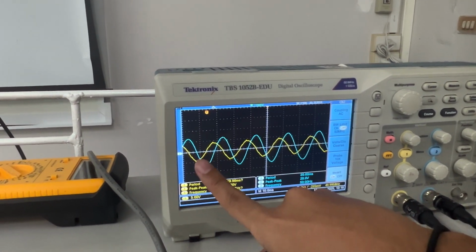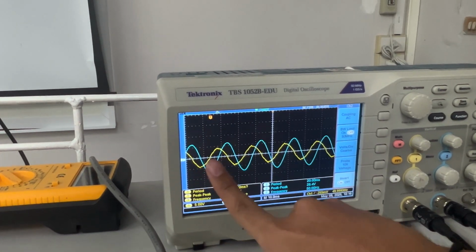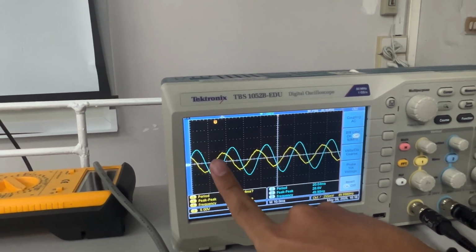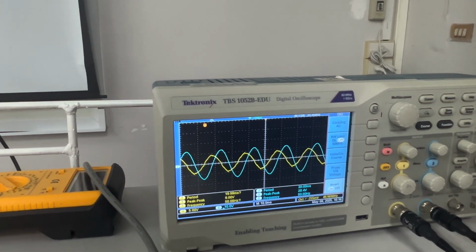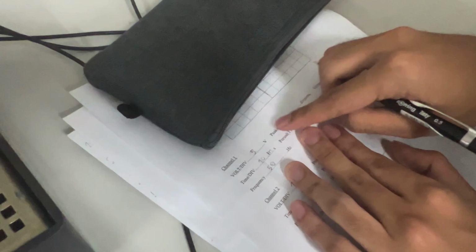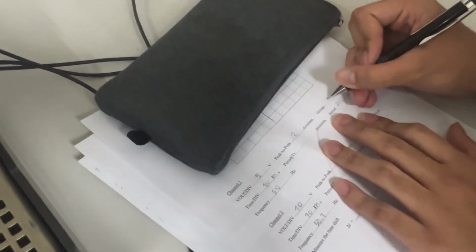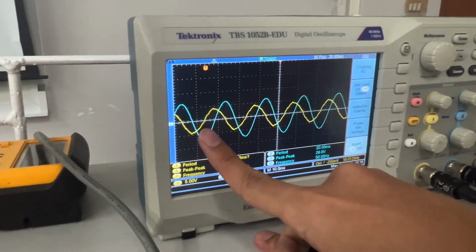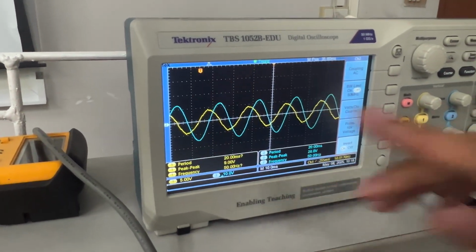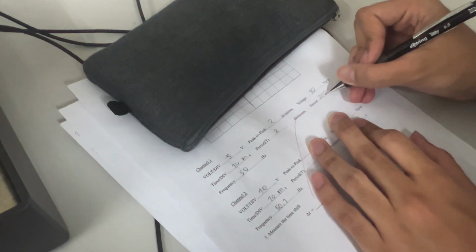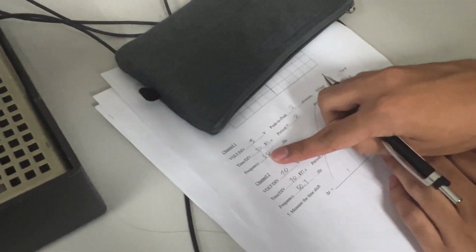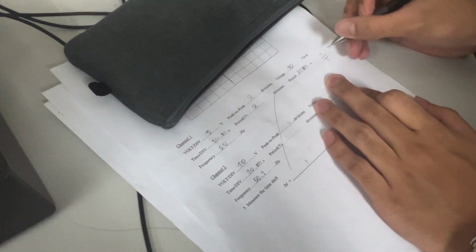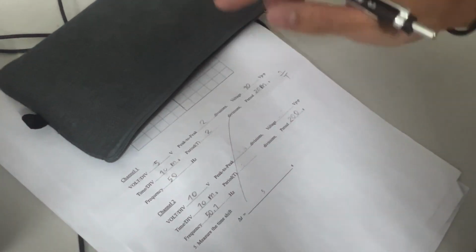So channel one is 5 volt per division, and it's around 2 divisions. So we calculate 5 times 2 divisions peak to peak, which is 10. And then for the time division, it says 10 millisecond, and around 2 divisions also, so 10 times 2, and we got 20 millisecond. And for the frequency, we can use 1 over T. Same, we got 50 hertz. And then for channel 2,